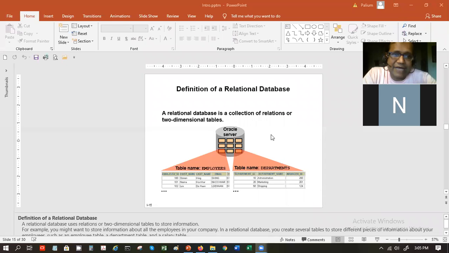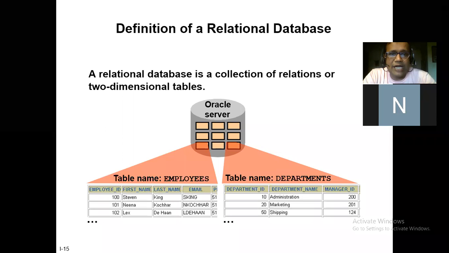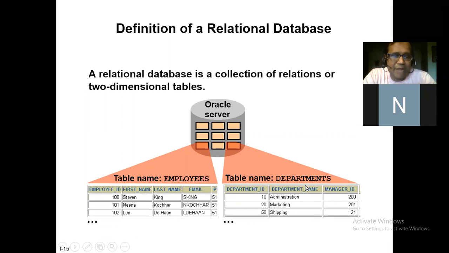The data from the system. So let's take a look at this PPT. This is a rough indicative diagram of two tables that you see over here. One is called employees and the other one is called departments. Can you see it? Yeah. So this is the employees, this is the department.